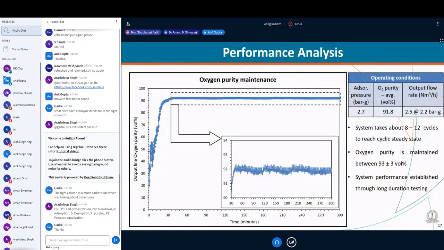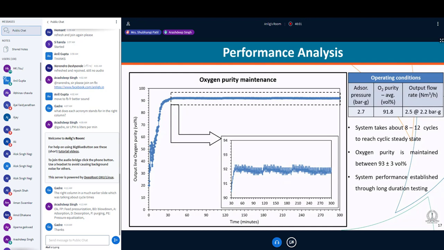This first graph shows how the system was performing in a long run. These results are at an absorption pressure of 2.7 bar, and we were continuously getting an oxygen purity of around 91.8 on average. For about 5 hours, the composition was maintained above 90%, the required oxygen percentage decided by the Ministry of Health. The output flow at that point was around 2.5 normal meter cube per hour,